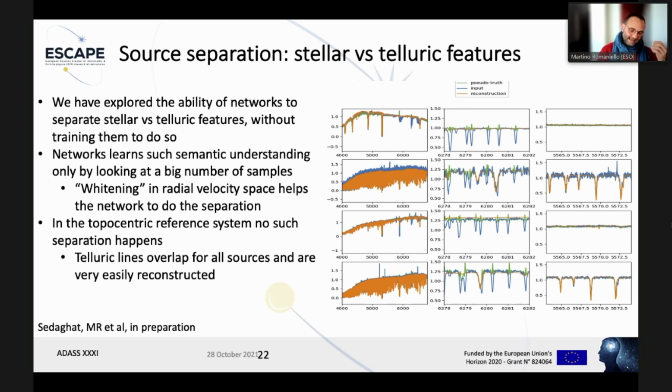So the network understands the semantics by itself, and it turns out that the crucial thing here is that it learns it for as long as you're not in the topocentric frame of reference for velocities. That's the frame of reference that's addressed with respect to the observer, which is a very special frame of reference. If you are in any other frame of reference, so the ones that are useful for astronomy, the network picks